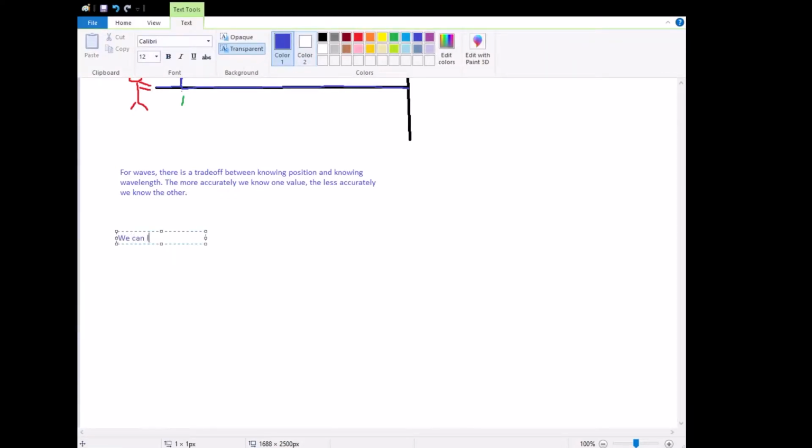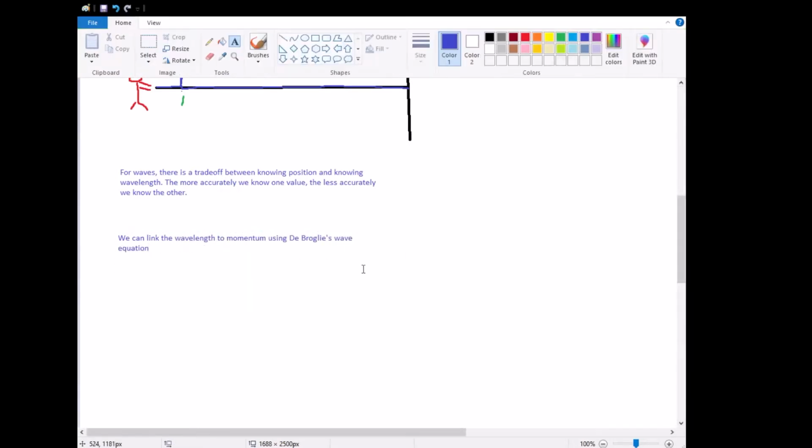we can link the wavelength to momentum using de Broglie's wave equation. So de Broglie's wave equation is basically an equation which allows us to relate the momentum of a particle to its wavelength. De Broglie basically came up with this theory that particles exhibit wave properties. If you're not familiar with this, I would suggest you touch up on this on your own time. This has to do with the precursor to quantum, which is sort of particle physics, I guess